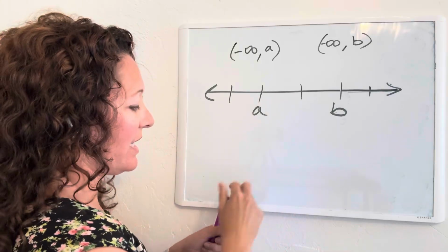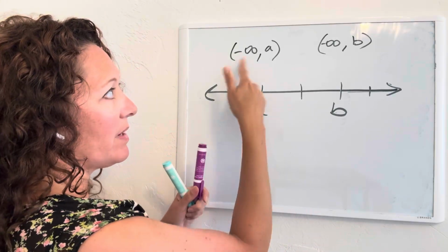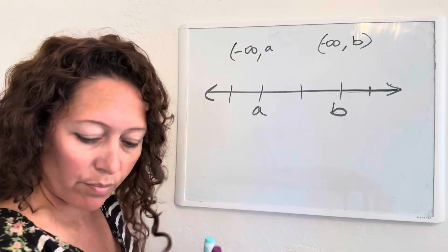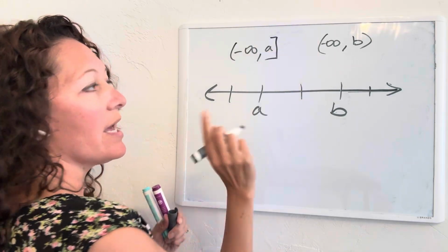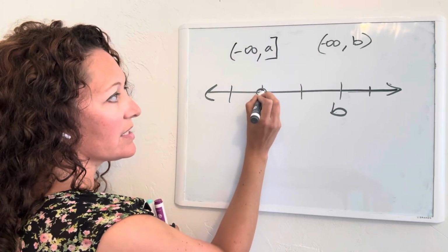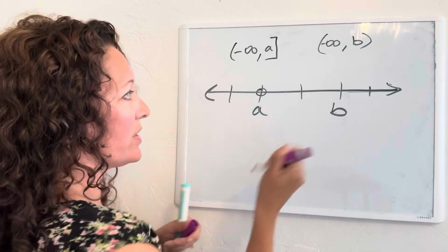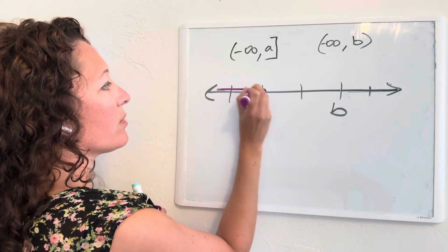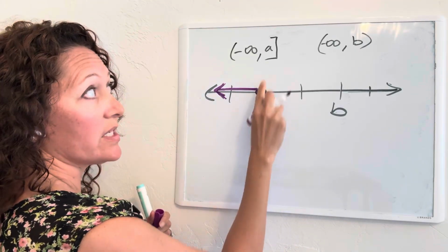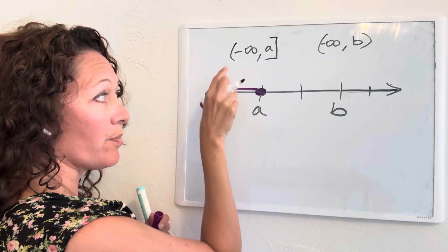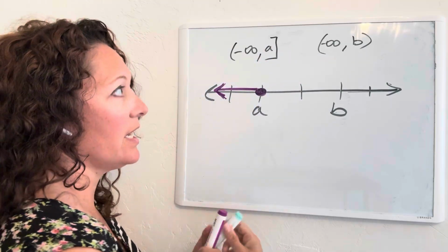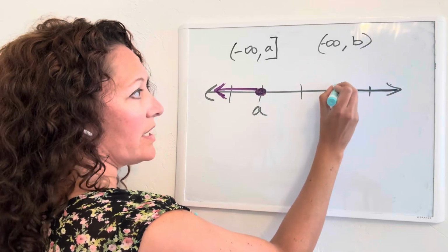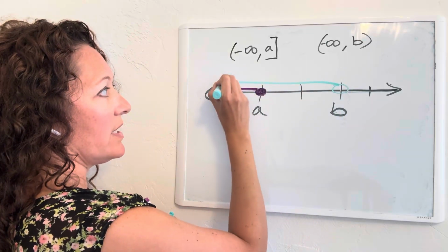So if I look at this example again, actually here, let me switch it up a little bit. I'm going to make this a square bracket. So here's a bracket. That means I have a closed interval. So in this case, my A is going to include my A. Yeah, they do that on the example. So it's a closed interval because it includes the A, square bracket instead of the parentheses, heading out to negative infinity. And then over here, I still have my B. I'm not including it. It's a parentheses. I'm still heading to negative infinity.